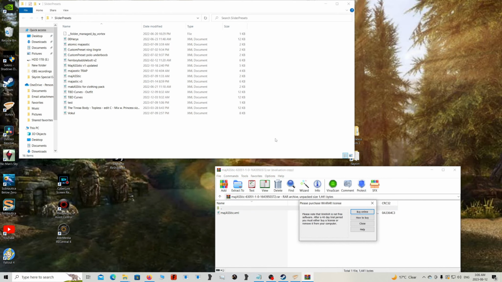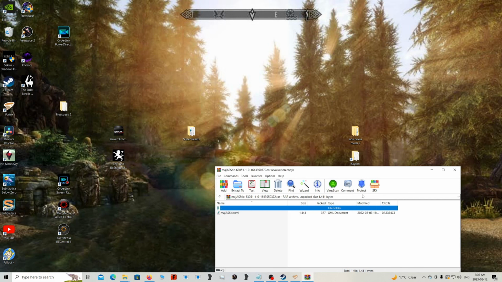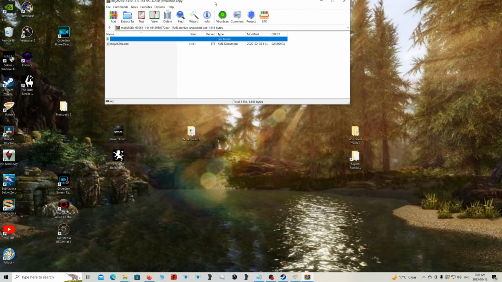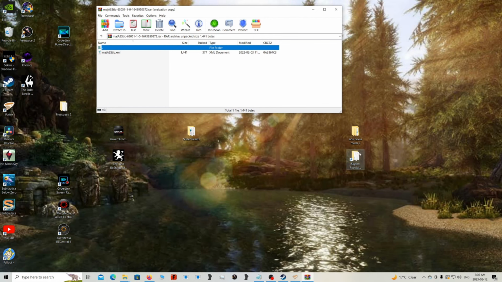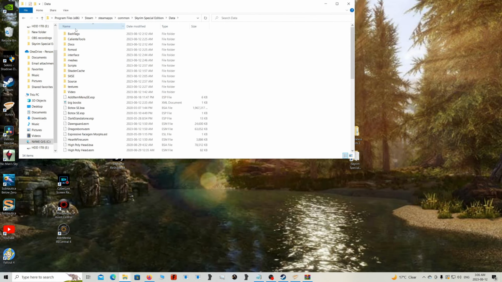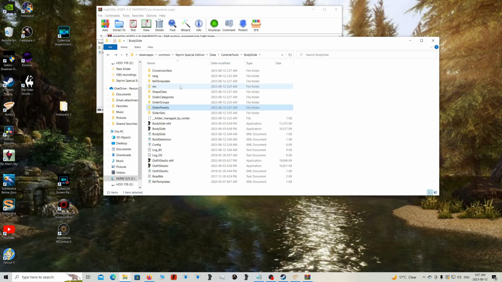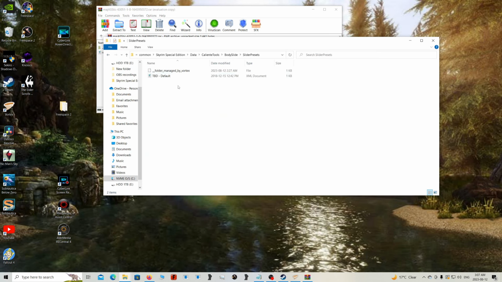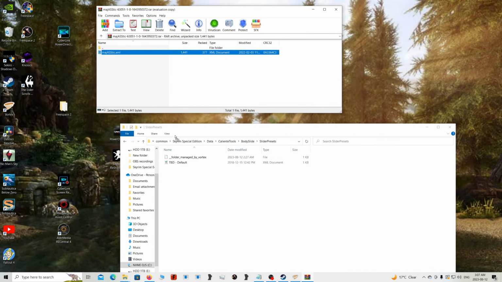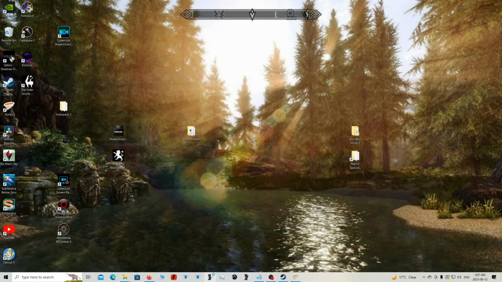And then here's the file here. I also have it on my computer already, but just to make it easier to show you guys how to do this without there being any cuts in my video. Once you have my file downloaded, you will click on your Skyrim folder, and then you'll go to Data, Caliente Tools, Body Slide, and then you'll look for Slider Presets. So here we go, Slider Presets. What you're going to want to do is just take my file and drag it in there, and that's it. So then next time you open up Body Slide,